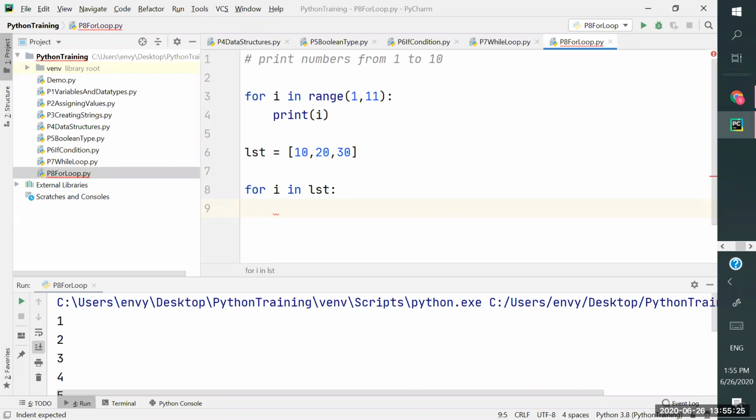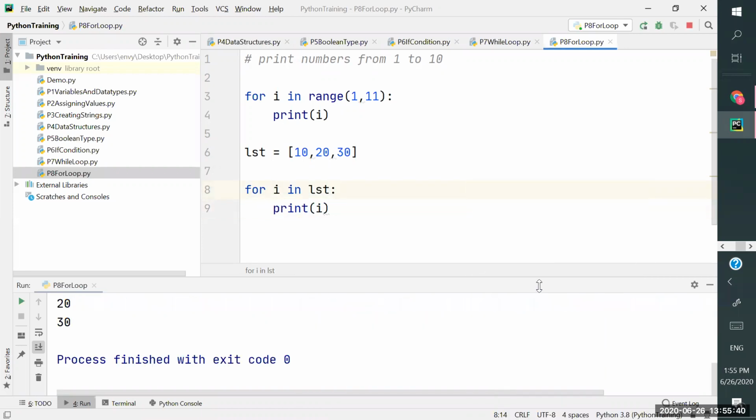This is important. If you use a tab, whatever you write here becomes part of this loop, this block. Now, I'm printing values. This becomes a for each loop kind of stuff.